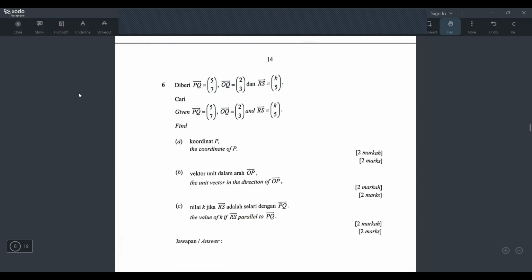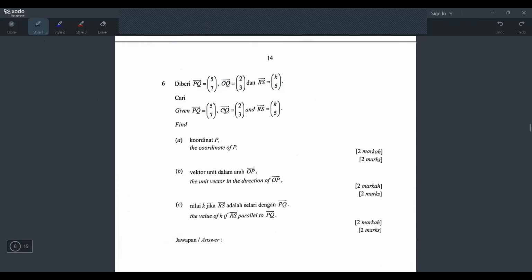Okay, this is quite easy. But I want to mention something. If they give you, like, for example, vector OQ is 2, 3, it means you can straight away list down the coordinate of Q is 2, 3. Right? Because if I say coordinate OQ, what it means is coordinate Q minus coordinate O, right? But if you start from coordinate O is 0, 0, it means if I say OQ is 2, 3, it means point Q is 2, 3, right? Because when you take coordinate Q minus coordinate O, you will take 2, 3 minus 0, 0. That's why you get 2, 3 here,